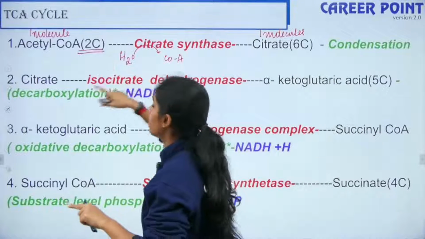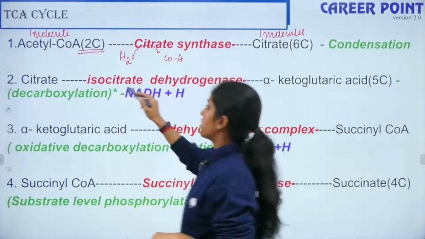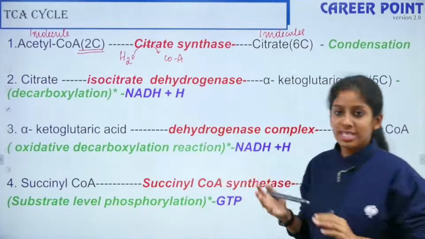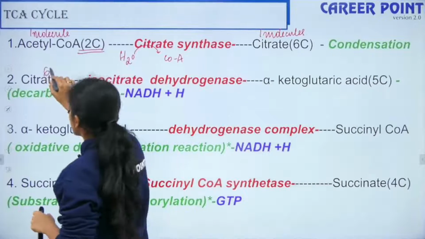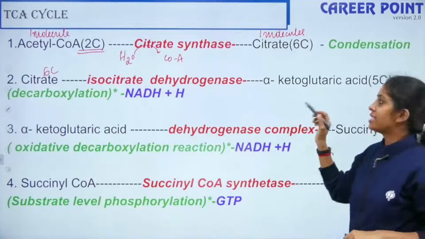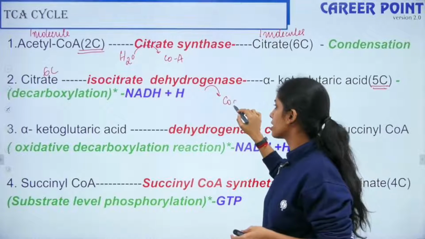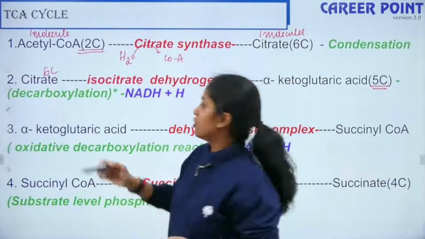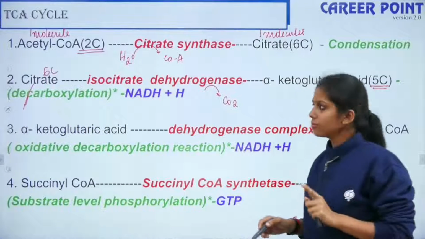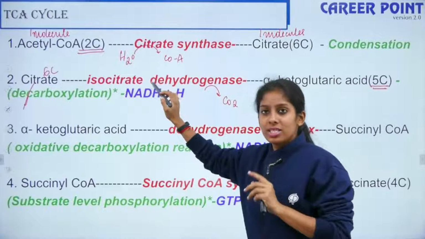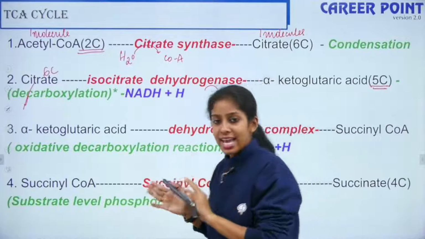Now this citrate will be converted into alpha-ketoglutarate acid. This happens in the presence of isocitrate dehydrogenase enzyme. It is a type of decarboxylation reaction. If you see, citrate is 6 carbon and alpha ketoglutarate acid is 5 carbon. So 1 carbon is getting lost, and that comes out in the form of carbon dioxide. So it's a type of decarboxylation reaction, removal of 1 carbon dioxide. And here, when this decarboxylation is happening, your NAD breaks down into NADH plus H